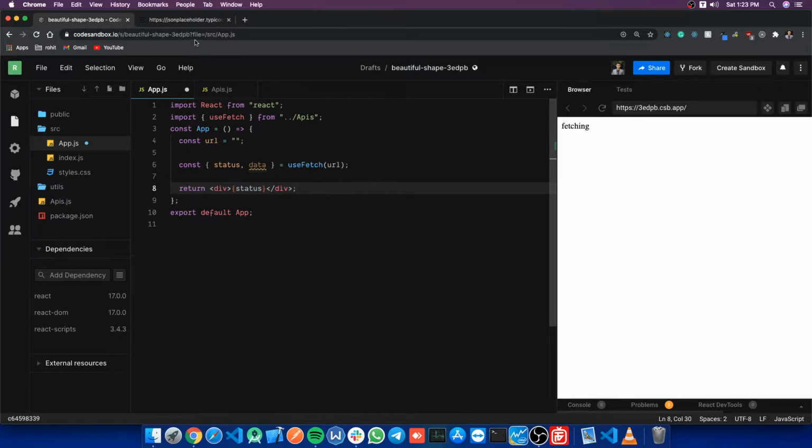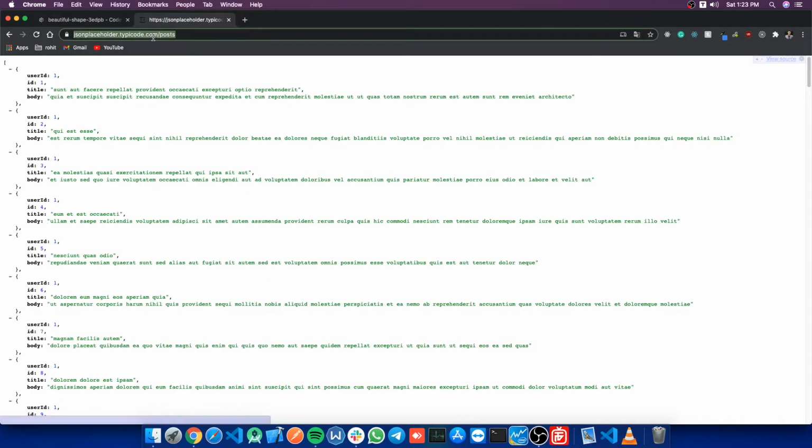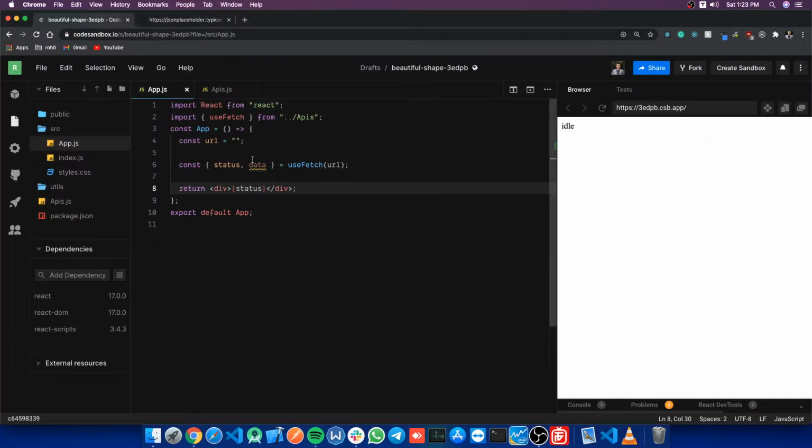Now let's start with our API. I am using JSON placeholder here to simply get 100 random posts. Let's copy this URL and paste it here. Now the URL is correct, so you can see fetching.